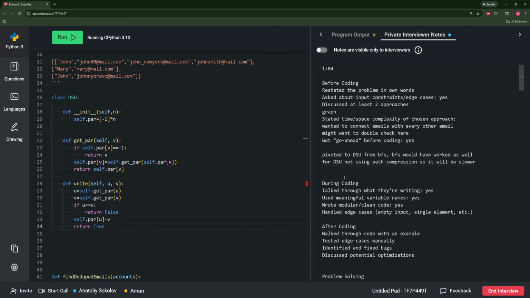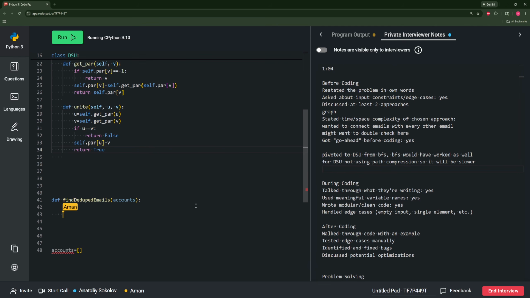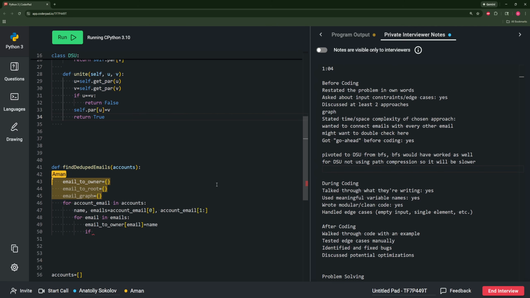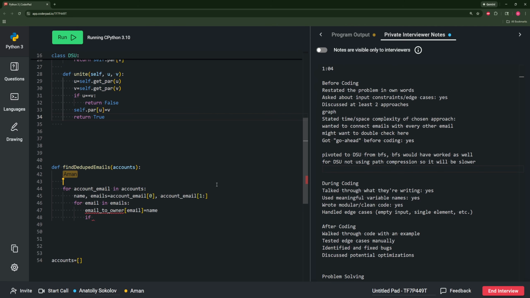Yeah. Okay. So a similar thing we would be doing, but we would be using the DSU to keep track of who's the current parent of the emails. Okay. And yeah,